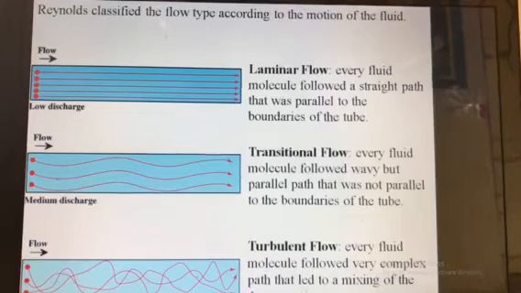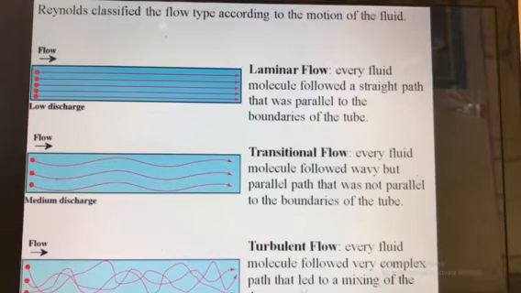The type of flow in which fluid particles will move in a zigzag manner, and due to this some eddies will form, which are responsible for high energy loss. So here, fluid particles will move in a zigzag manner, or we can say that these fluid particles will move in a random manner. So they will cross each other, and due to this they will form some eddies, which is responsible for some energy loss. So this is the turbulent flow.